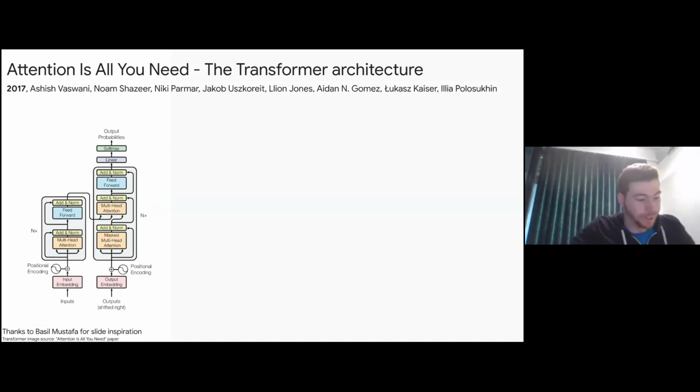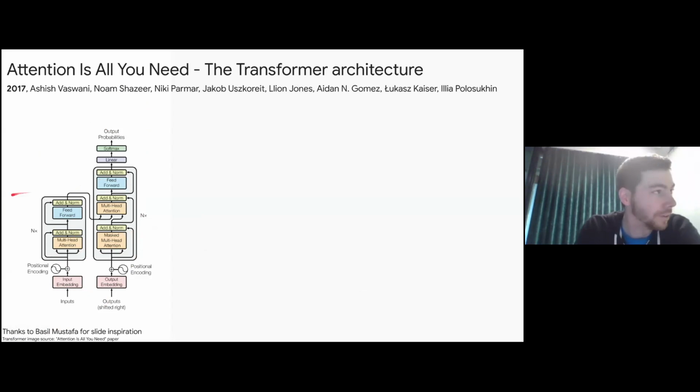And now I want to spend the next maybe 20 minutes or 15 on the transformer architecture, which is the network architecture currently taking over the world of machine learning at least, and is based almost purely on self-attention. You will see there are actually a lot more pieces. This is the picture of it that comes from the original paper and that you see very often. And we're going to walk through it step by step.